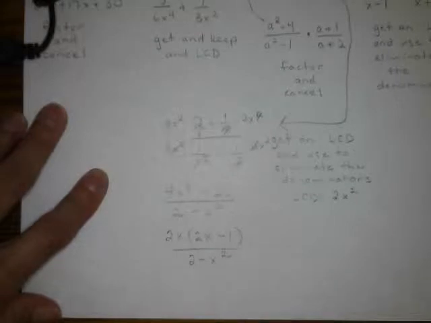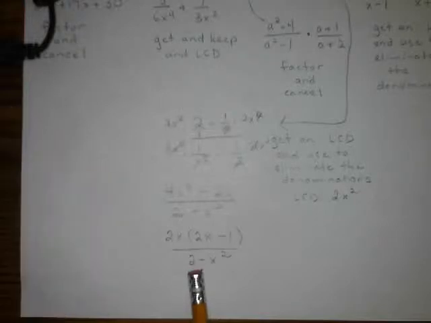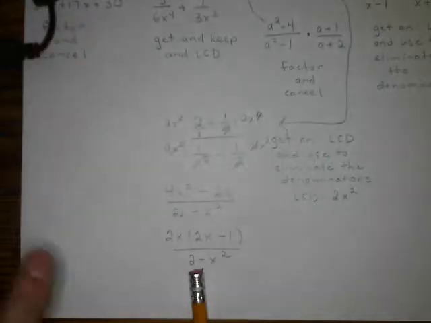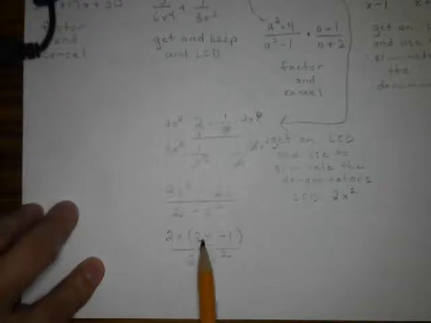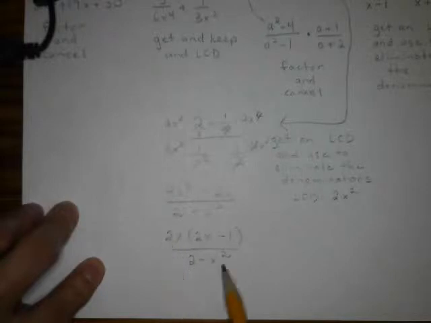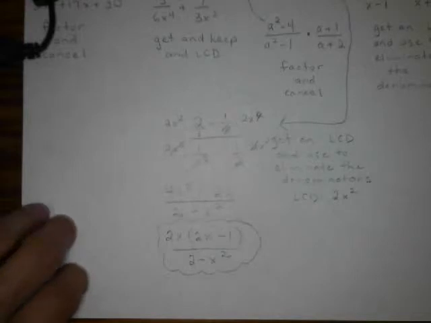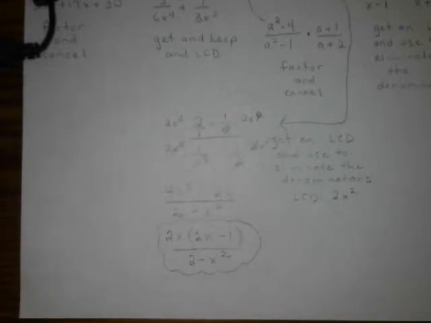And then I notice that there's really not any common factors that I can cancel. Remember, in simplifying, I factor and cancel, but there's nothing that these have in common that can be canceled. I can't ever cancel just part of a sum or difference or part of this with the 2 minus x squared. And so that would leave my final answer as 2x times 2x minus 1 over 2 minus x squared. So that's just a